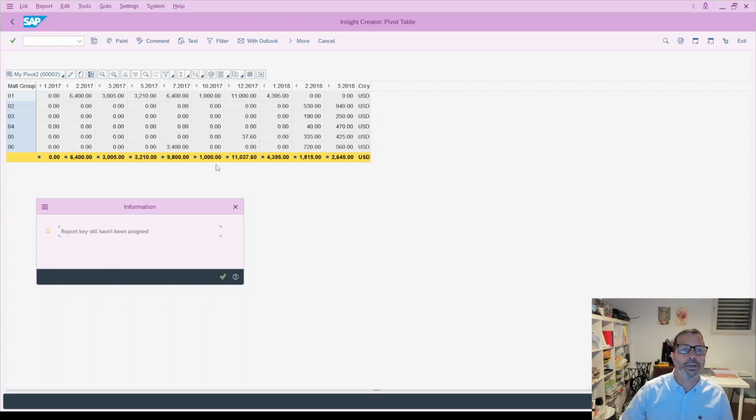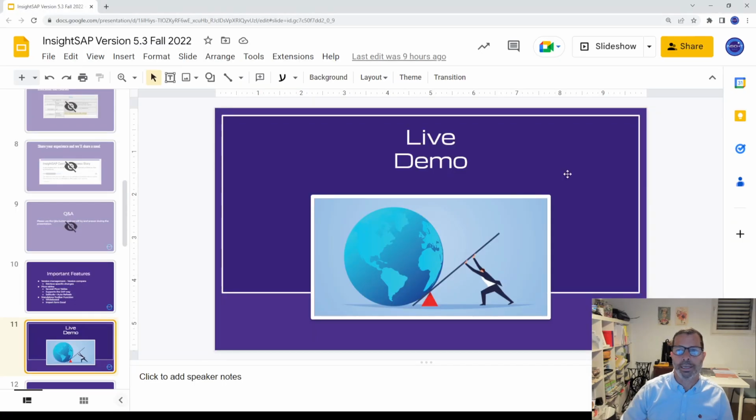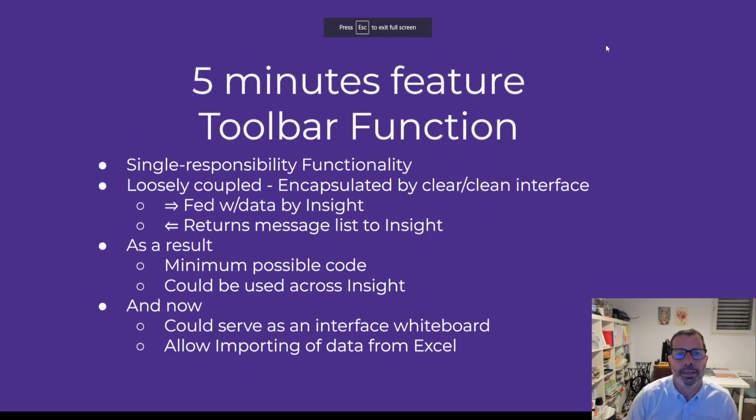Next, we are going to talk about Toolbar Function. Before I show the abilities, let me go back to the presentation, and I'd like to talk a bit about what Toolbar Function is. Toolbar Function is something we introduced a few years ago. It enables one to code some call to BAPI or something like that, and it enables users to select a few records and to mass